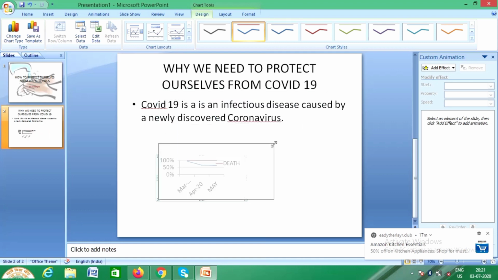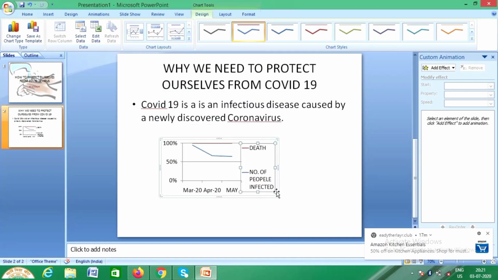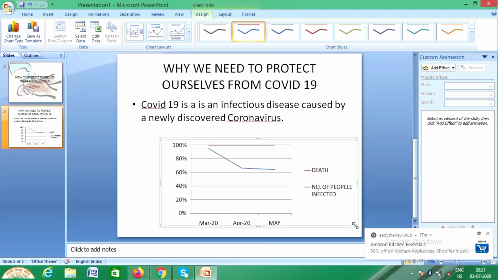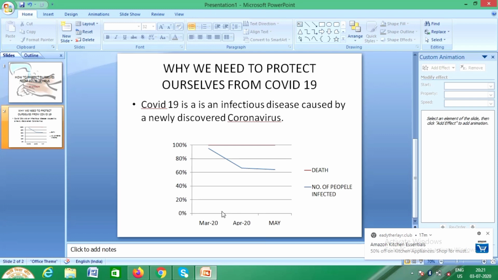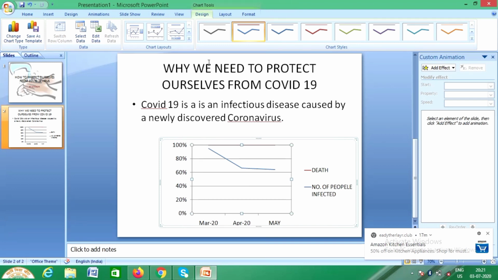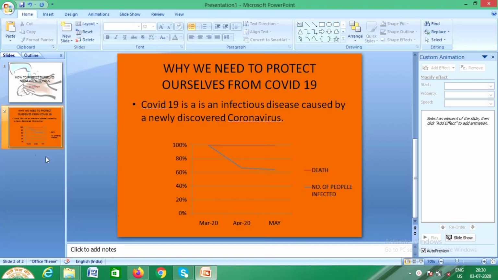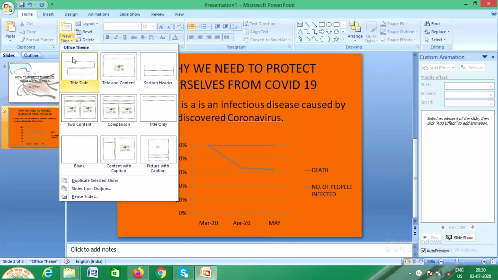You can make it small, you can make it bigger, you can bring it up and down according to your choice. Here I'm not showing it, but you can change the background color, give pictures, textures, whatever you want, and animations and all you can give. All right, so this is the second part, how to insert a chart. I have given a background color here to make it more attractive. So come to the next slide.